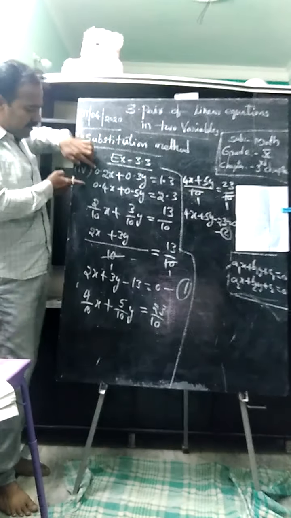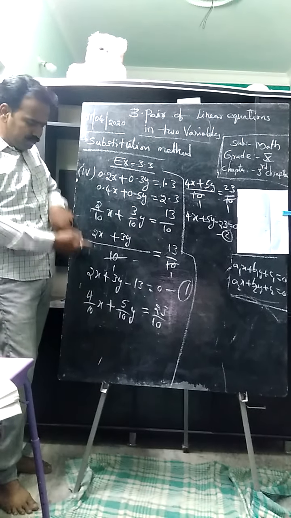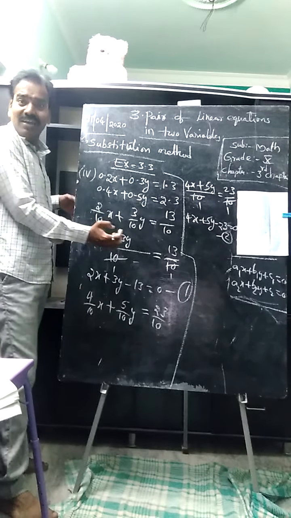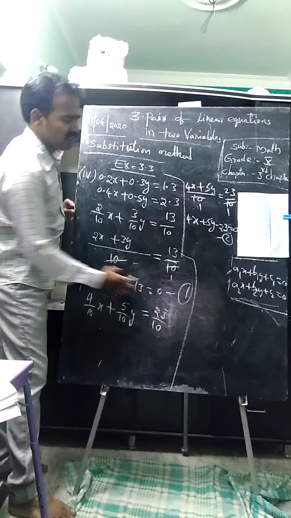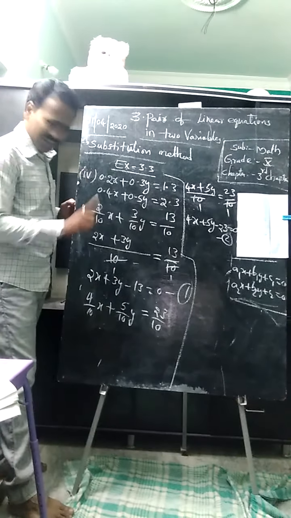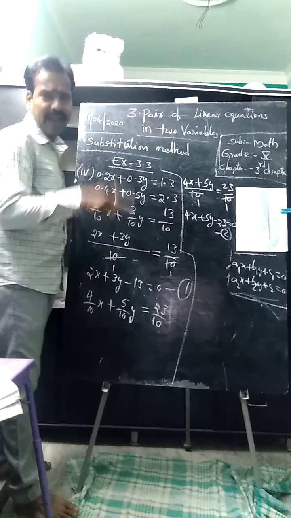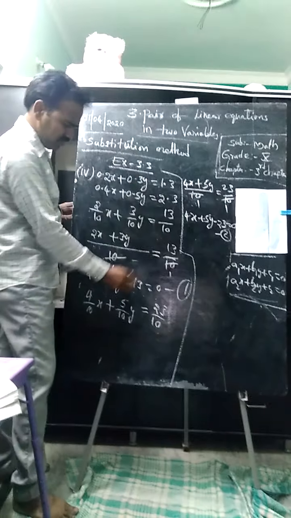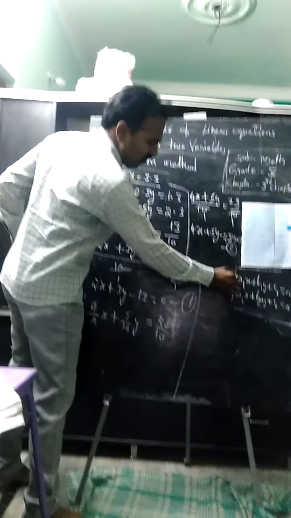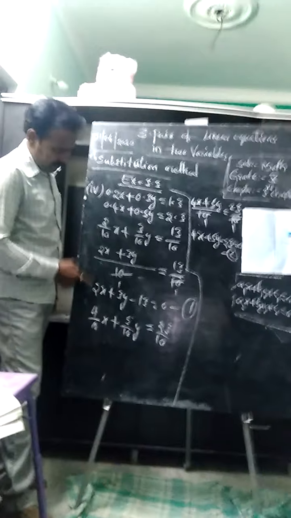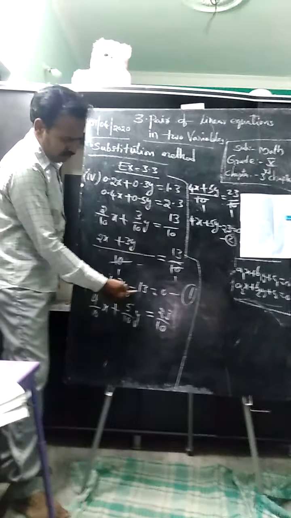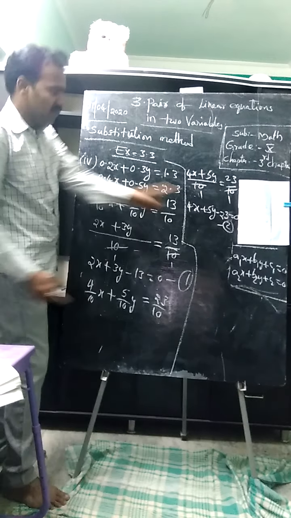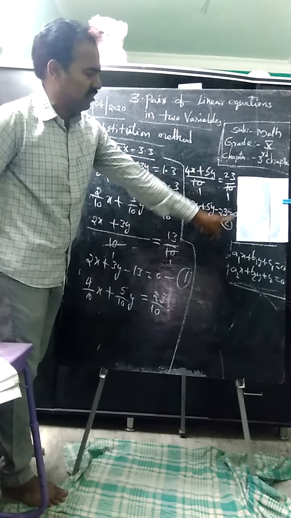First step, write decimal form as fraction form. Next step, take LCM. If they have a common number in the denominator, we cancel directly. 10 is in the denominator, it can change into the numerator, so it can cancel directly. That is why we did it directly. But if you can't, do it stepwise, no wrong at all. After simplifying, after writing the lowest form of the pair of linear equations in two variables, we have 2x plus 3y plus 13 can change into minus 13 equal to 0, equation 1. Similarly, apply the same method for the other equation. We have 4x plus 5y minus 23 equal to 0.